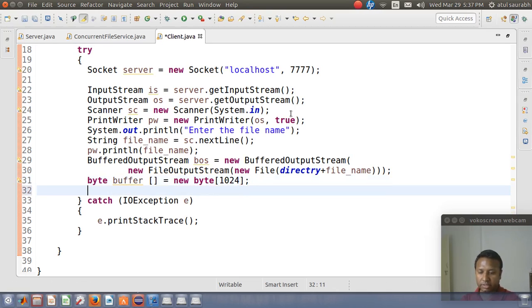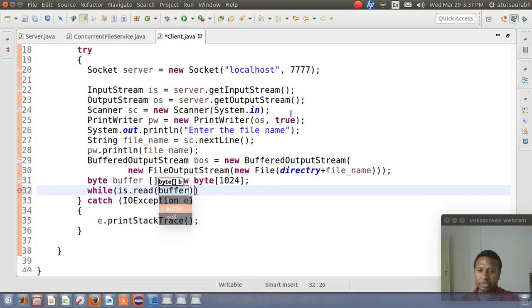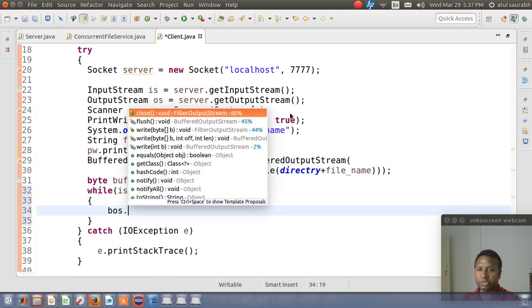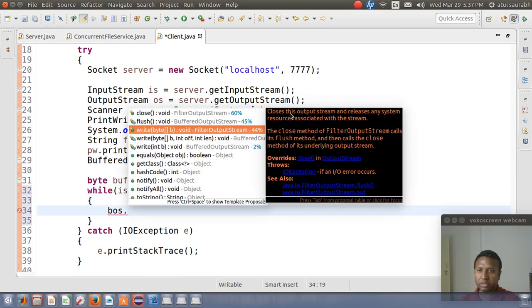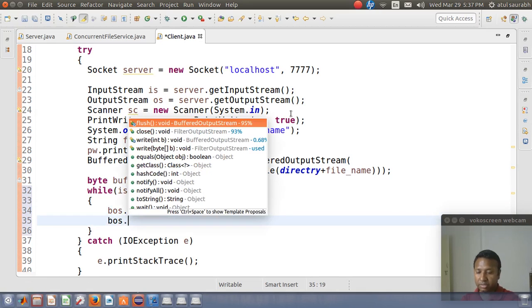Next, while is.read reads into the buffer until the value is not equal to -1, meaning there is no more byte to read, I will use the bos to write that many bytes.